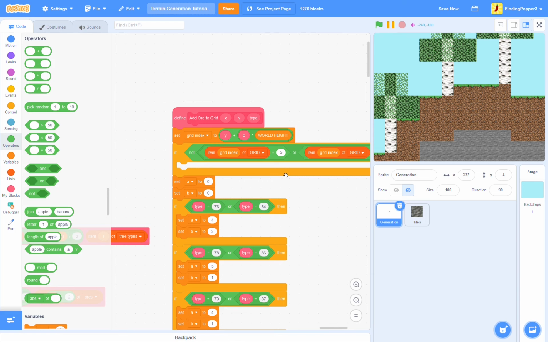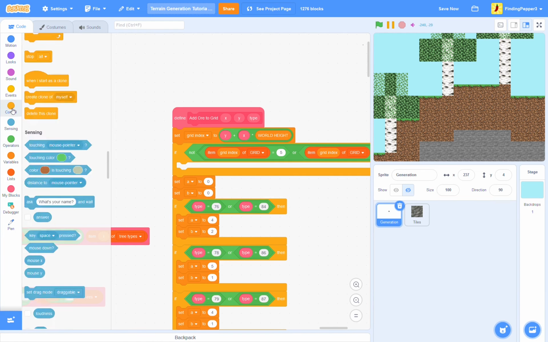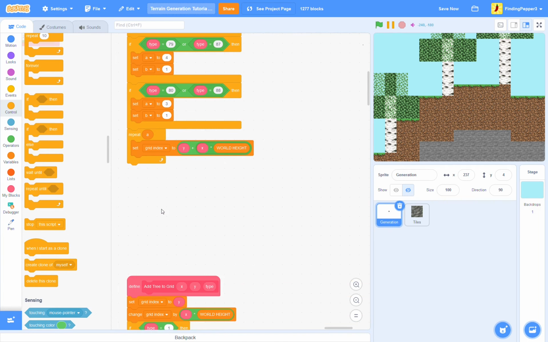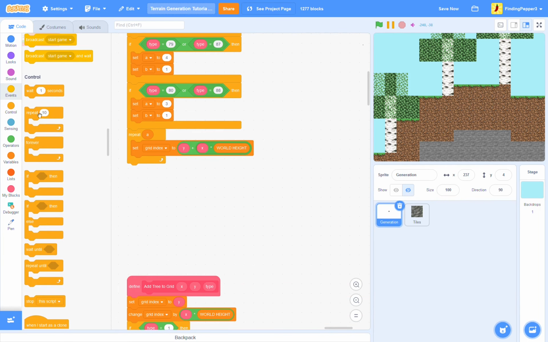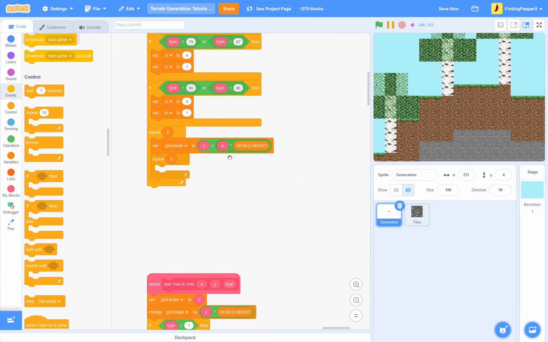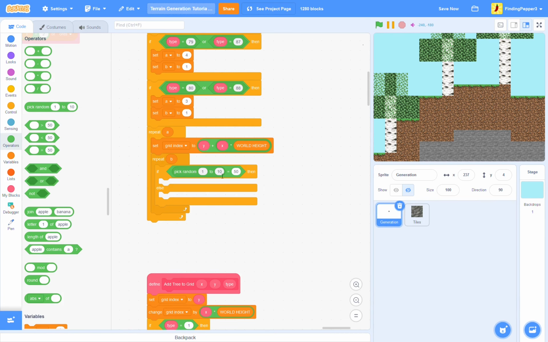So if it isn't a stone tile, we will stop this script. Back at the bottom, inside repeat A, we'll then repeat B. That's our second variable for determining the size of the ore. Now in here, we either want to move up, left, right, down, or diagonally. And the diagonally is going to happen less often. We'll start with the moving